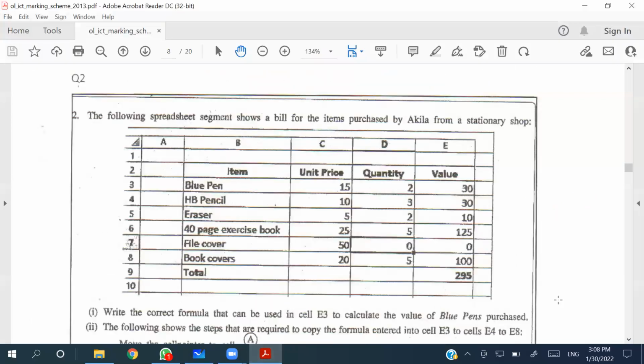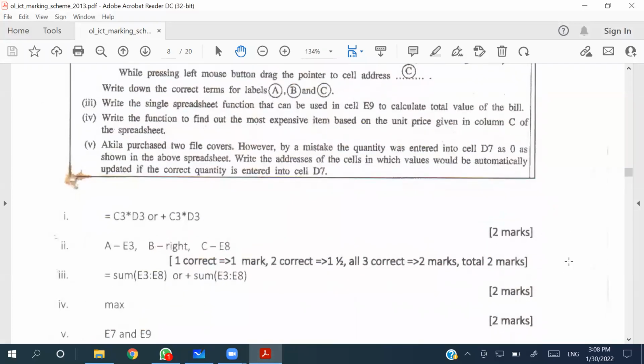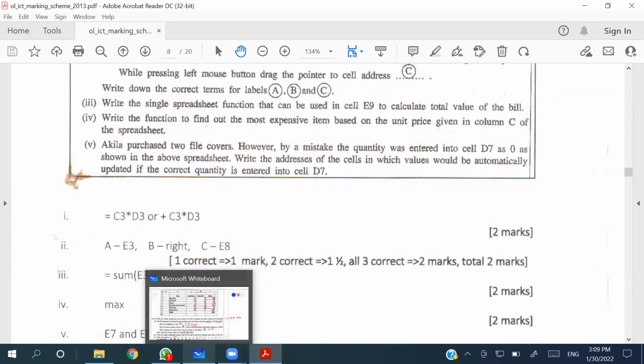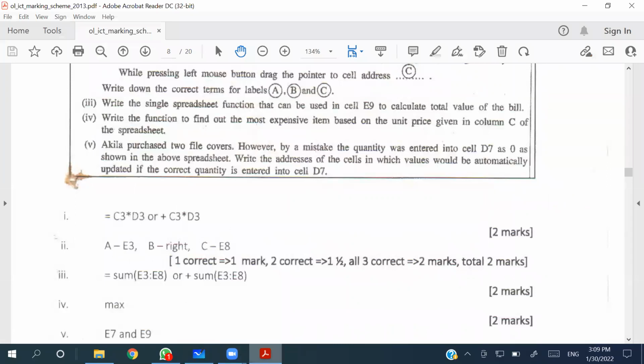So let's cross check with the marking. Yeah, E3, right, and E8. So 2 marks are given if all 3 are correct. And it says in case only 1 is correct, 1 mark, 2 is correct, 1.5 marks, all 3 are correct, then only you are getting 2 marks. Right, so the third one,